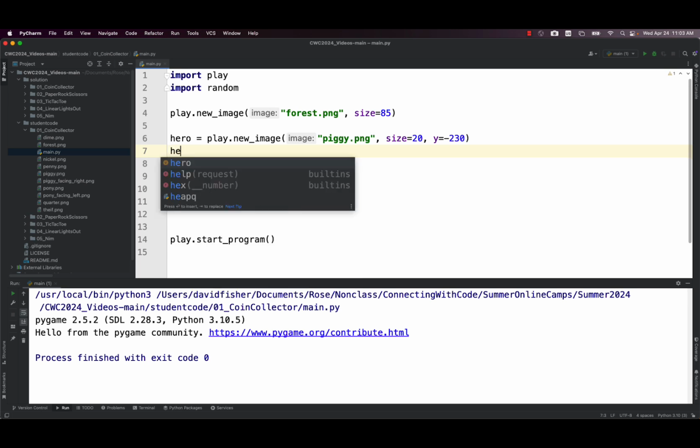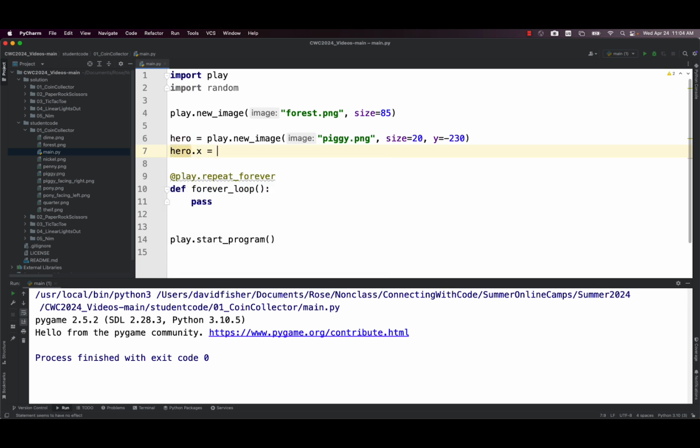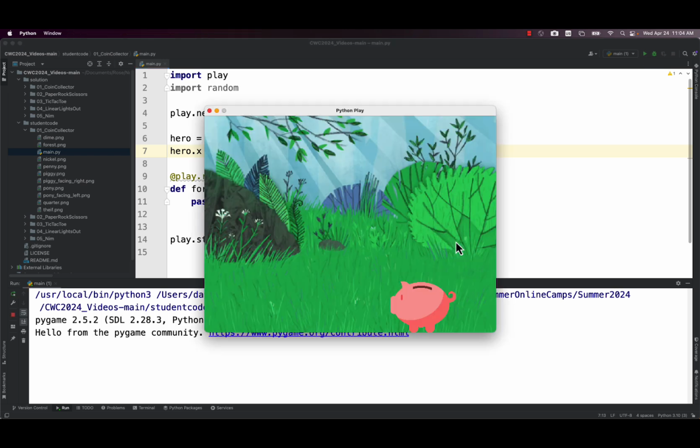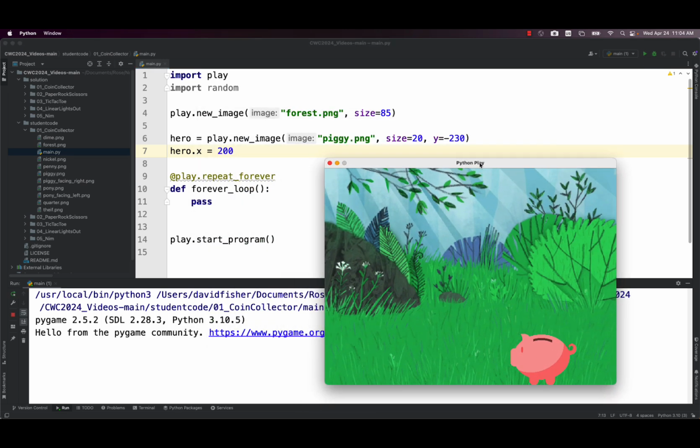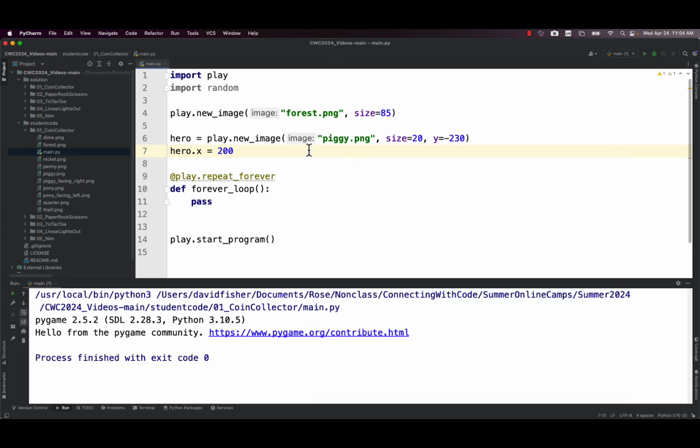So we'll be able to say, hero, your X is now 200, right? And so now you can see how we can move the hero throughout the game. Or we can say, hero, your image is now a different image, or something like that. And so this reference to it is going to be powerful, that we can use later.